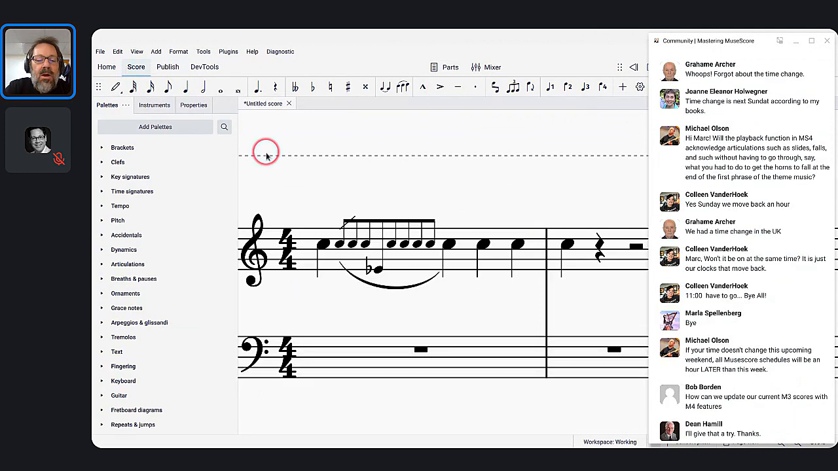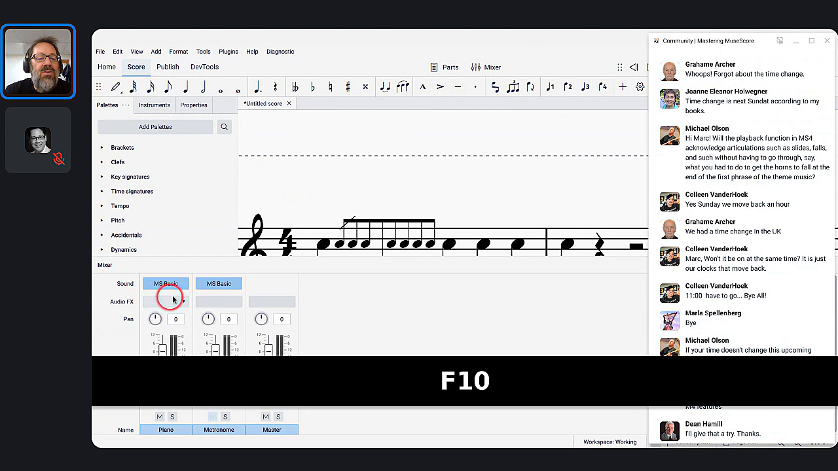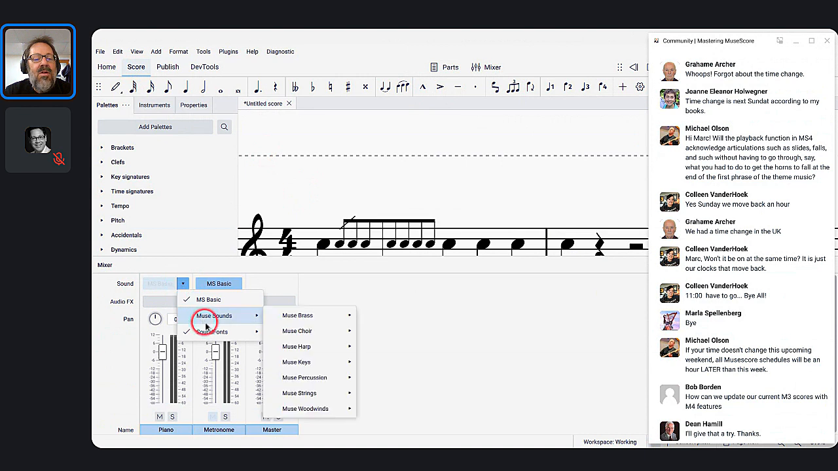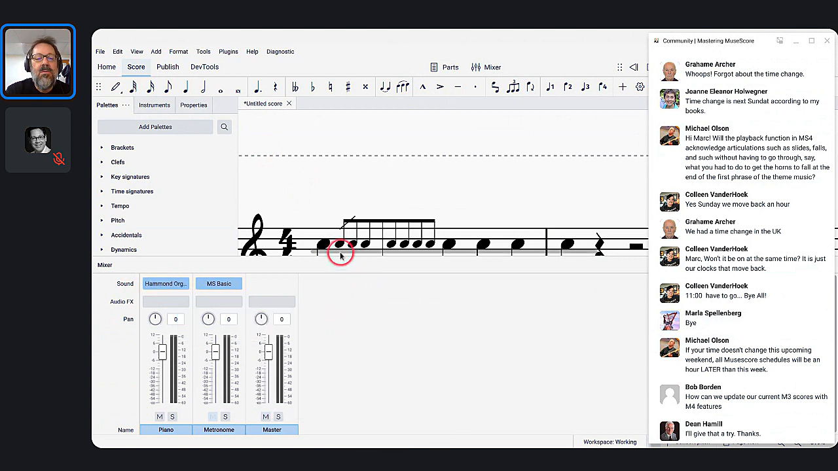So here's MuseScore 4. In MuseScore 4, if I open the mixer, what you'll see is I can select the sound for it. MS Basic is the name of the sound font, but instead of choosing a new sound within the sound font, I will actually choose a different sound font or VST instruments. I don't have any VST instruments and they're not supported yet on Linux. But if I come to Muse Sounds and under Muse Keys, you'll see there's all these different keyboard sounds for the piano. So if I want to hear a Hammond organ,